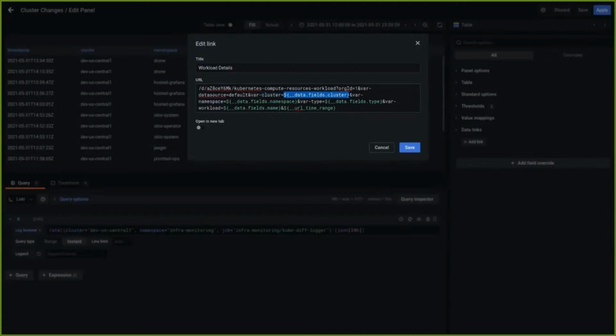And for populating the values of each of these, I'm loading data that's being shown within the table panel. For a list of available variables that you can use within your URL, you can press Control Space, or Command Space if you're on a Mac, which will give you a list of all of the available variables that you can use. In addition to the cluster, namespace, and workload, I've also used the time range variable, which will add the query range that's currently being shown for this dashboard